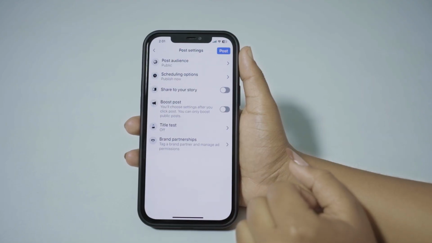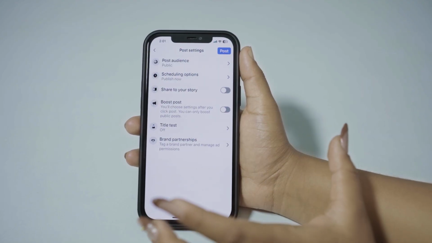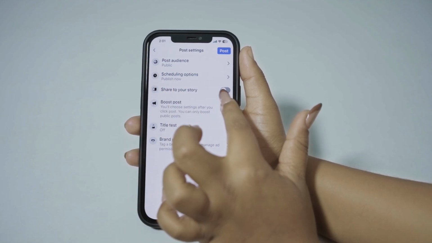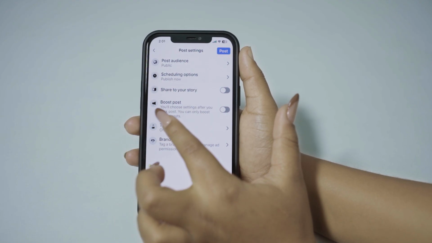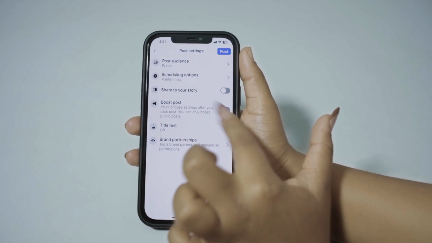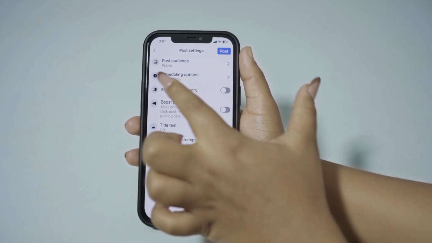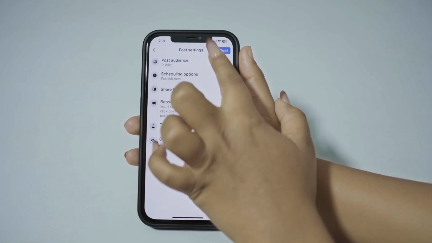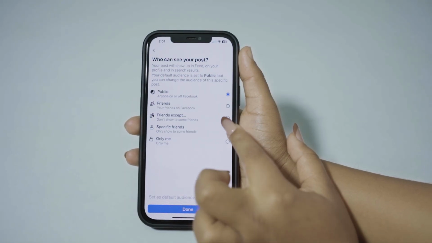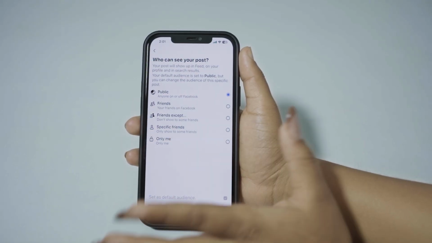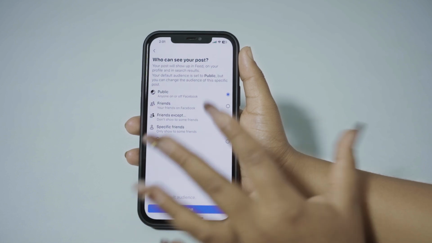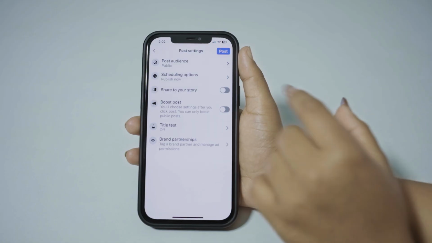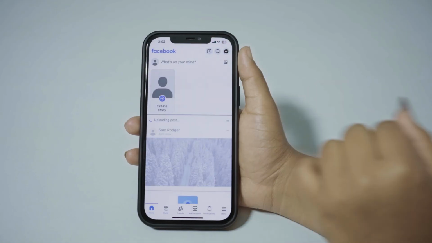and then here you'll also get this option of sharing this to your story. If you want to do that, you can enable it. If you want to boost your post, you can also enable this, and then you can also get many options like post to audience. Here you can see currently it is public. If you want to change it, you can tap on it and you can select if you only want your friends or if you only want it to be only you. You can do that according to your need, and when you're done you can tap on post option right here,